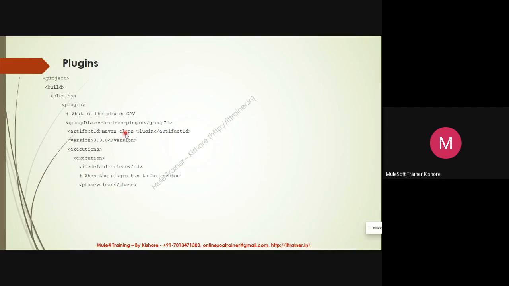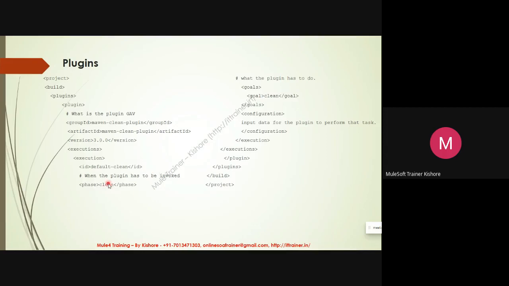This plugin has many goals. What goal do I need to execute? In the clean phase, execute this plugin's clean goal. For configuration, if your goal needs some inputs, you will provide the elements in the configuration section.